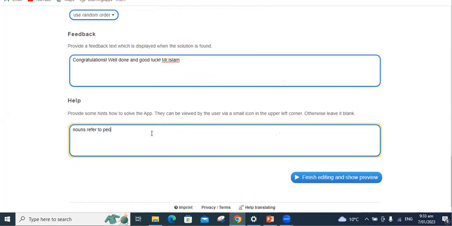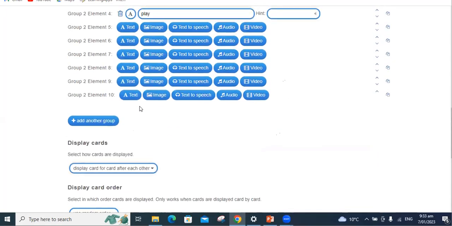This is just to give hints. Verbs refer to action. You write something here as a note, any note you want. And then you come here to finish.